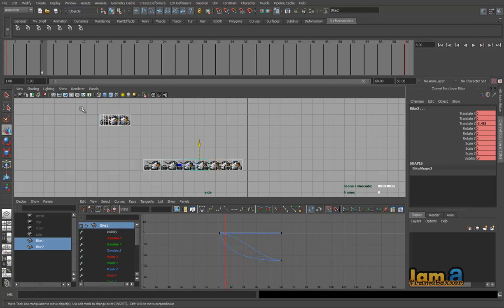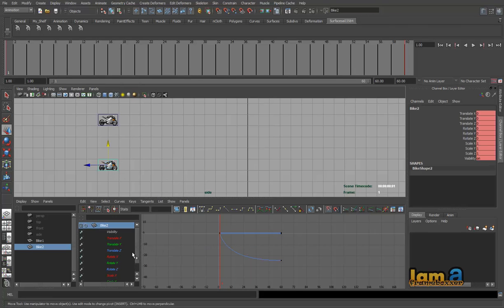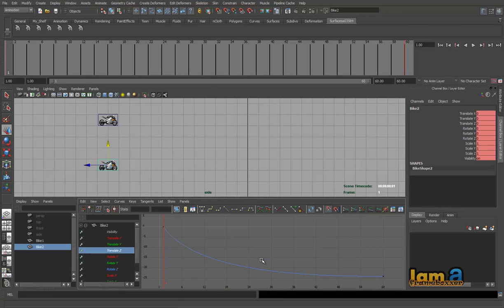Also, if you want to get rid of this, once you're through with it, you can go to Animate and say Unghost Selected. Then when you look at the graph editor, also try to understand the other aspects of it. Each keyframe has an in tangent and an out tangent. This is the in tangent, this is the out tangent. Similarly, this is another keyframe with its in tangent and out tangent. You can customize the tangent the way you want by just dragging and moving it.